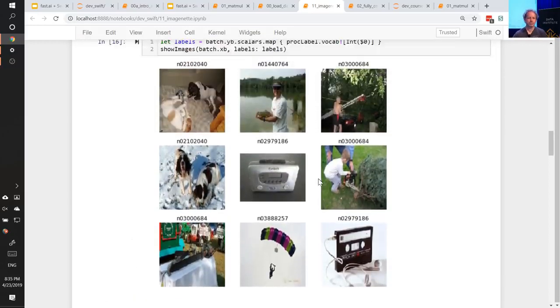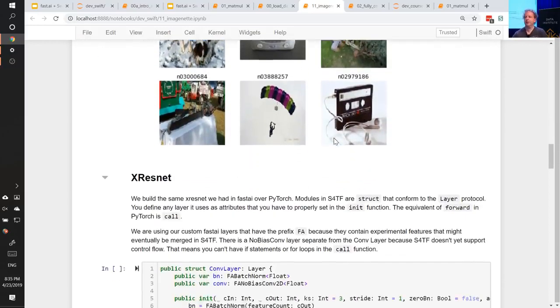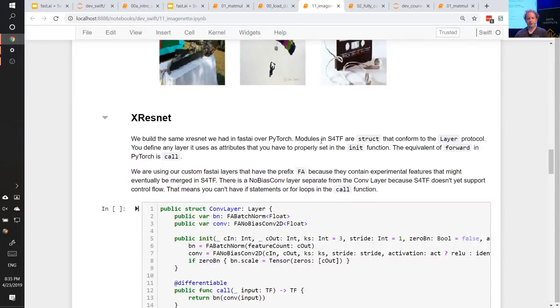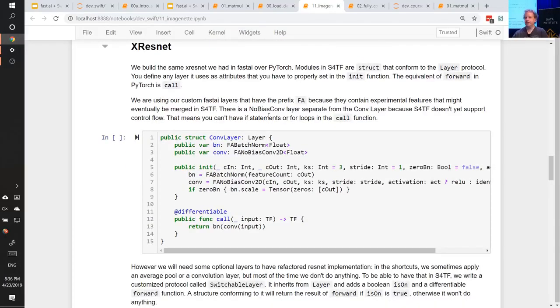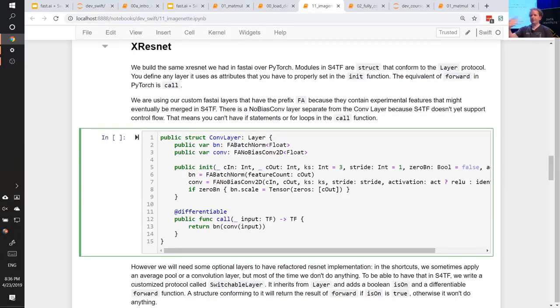Yep. Anyway, so now we've got batches of data. We can train a model as soon as we have one. So let's create an XResNet model. And as you've already seen in the slides, it ends up looking very, very familiar. So here's our conv layer. Just one thing to mention, at the moment, and this will probably only be true for a couple more weeks,